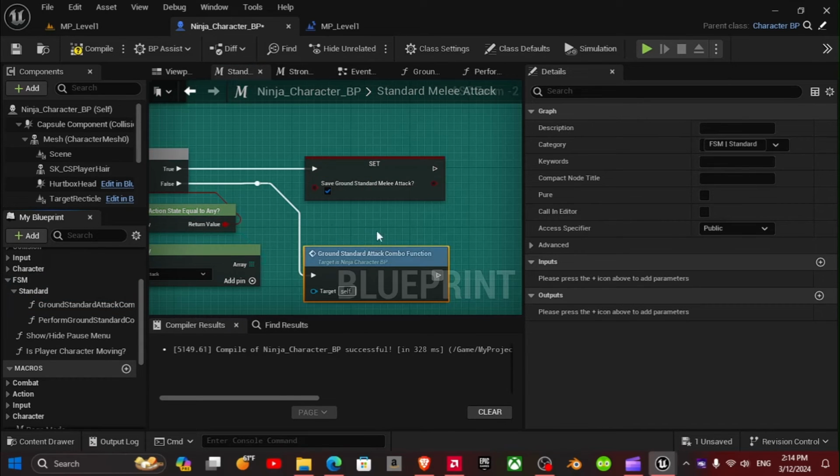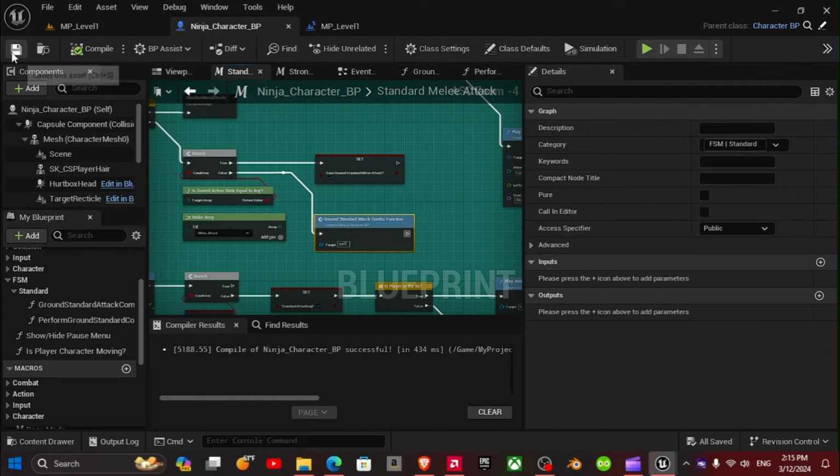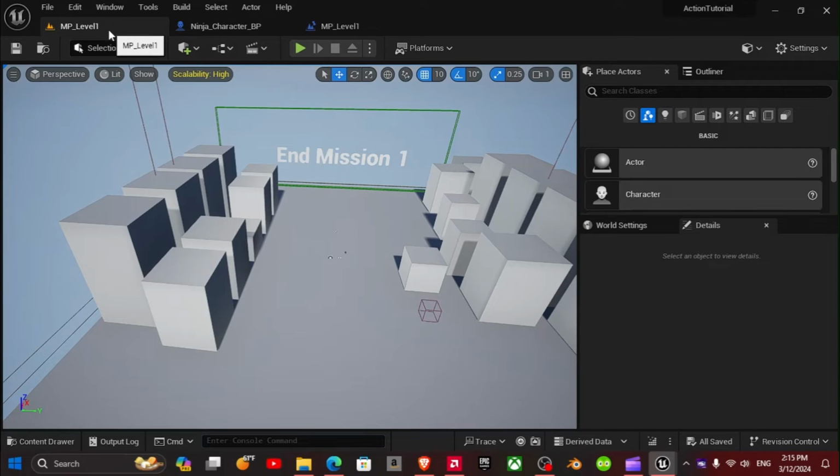Bring out this function. All right. Now, let's see if this whole thing works.